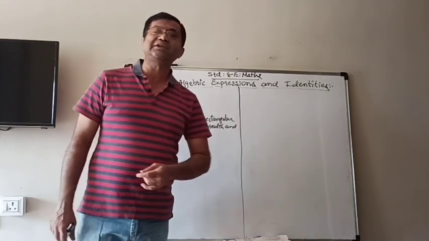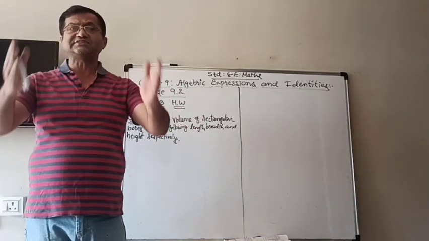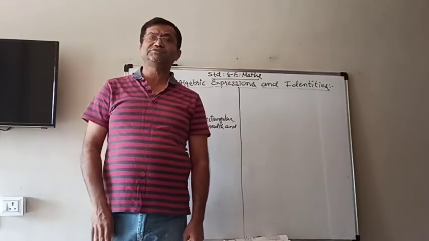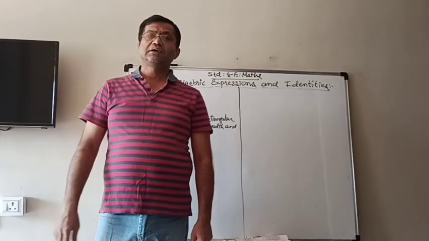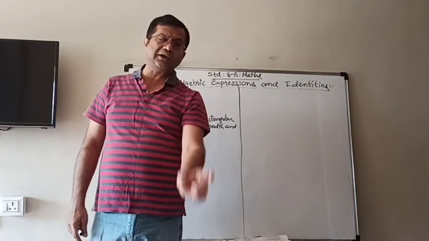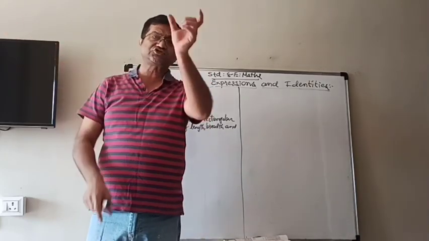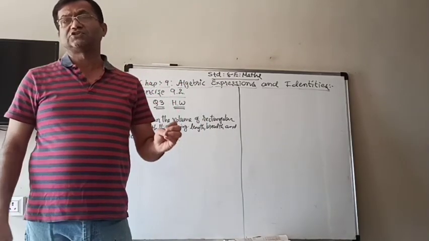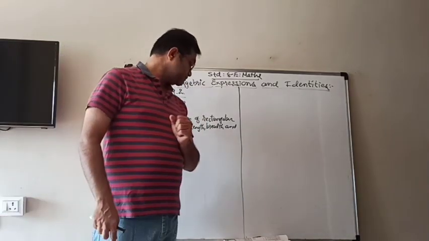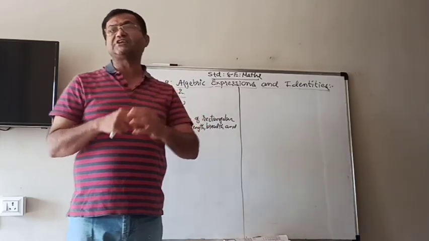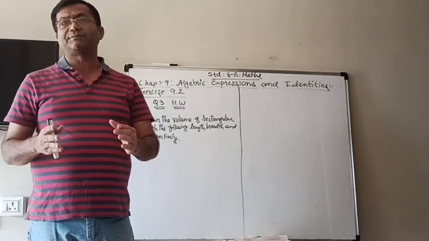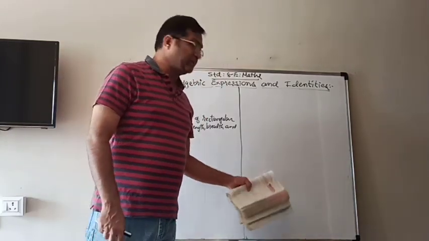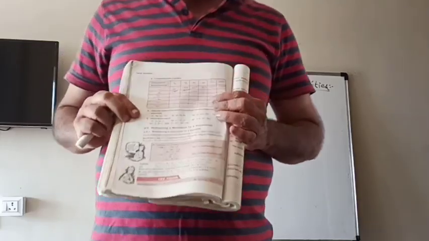Now, in question number 3, there is a table given in which, in the first column, the first expression is given, and you have to multiply and write down the answers as shown in the table. One example is already shown, and you have to fill up the others. Let me explain you on the camera.